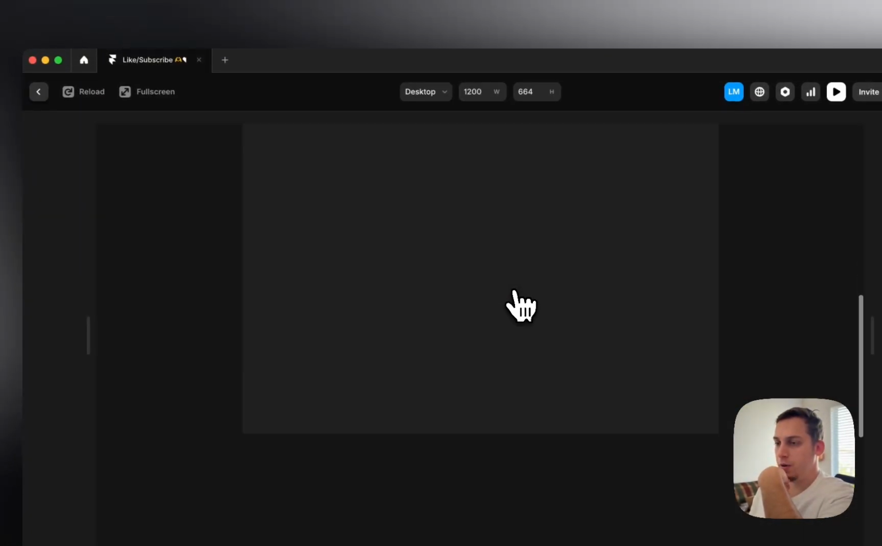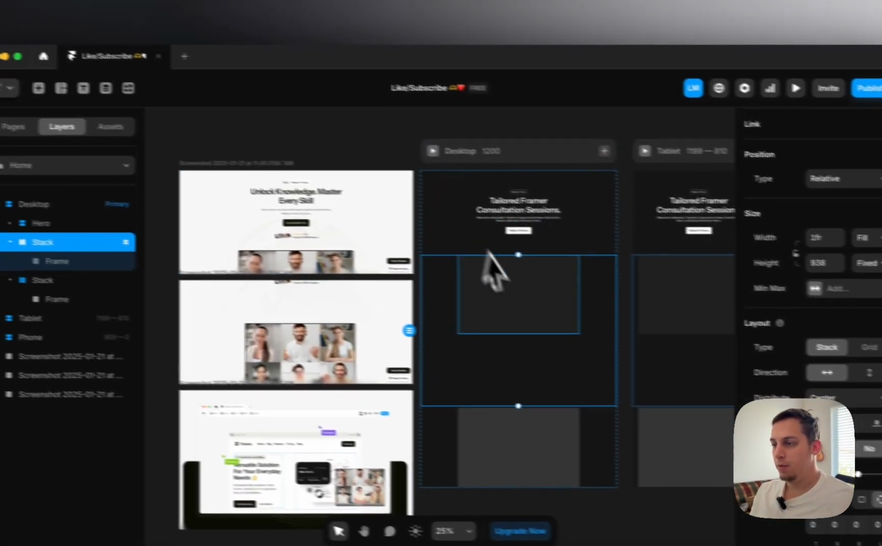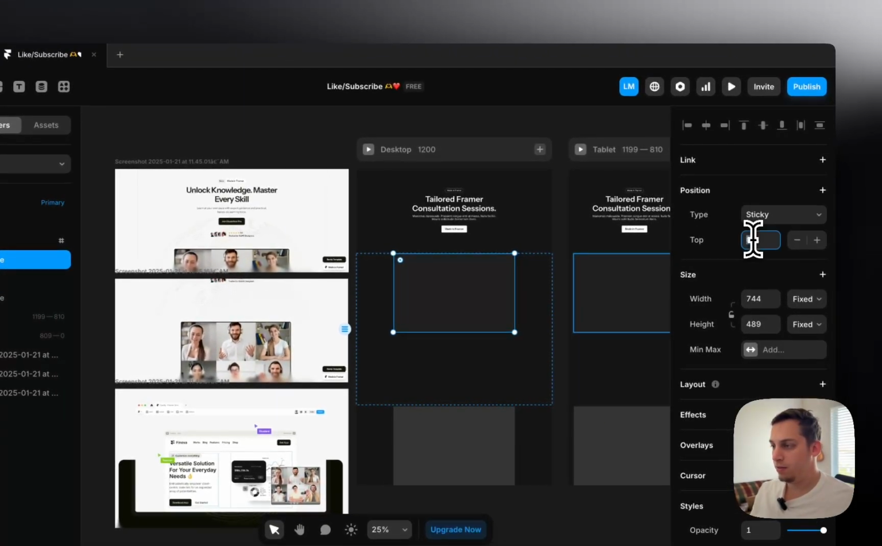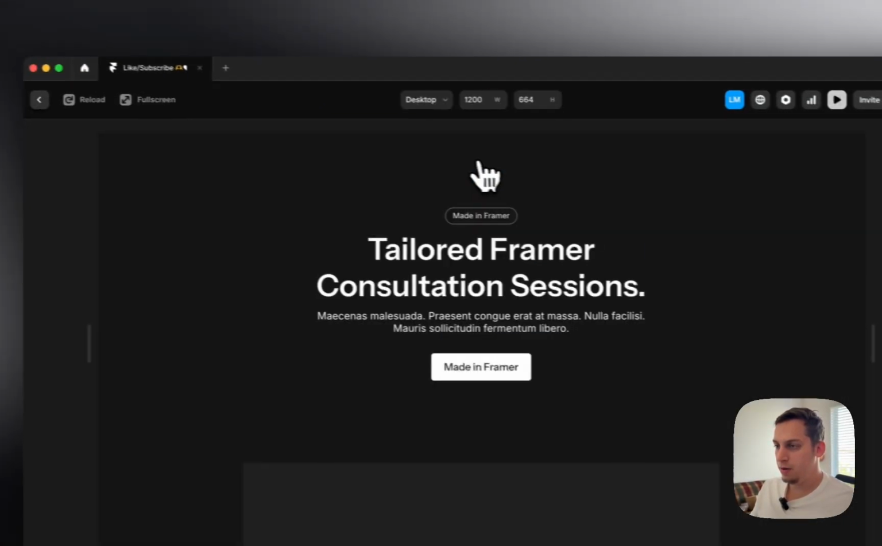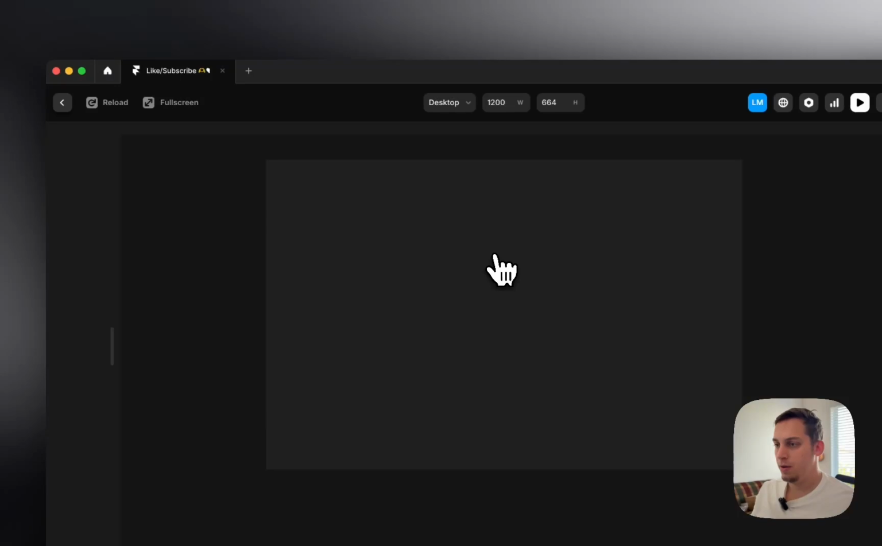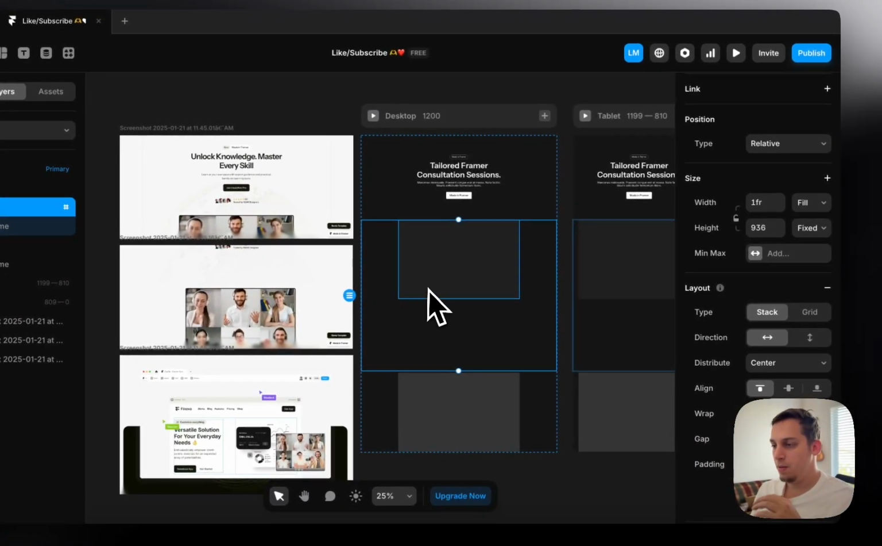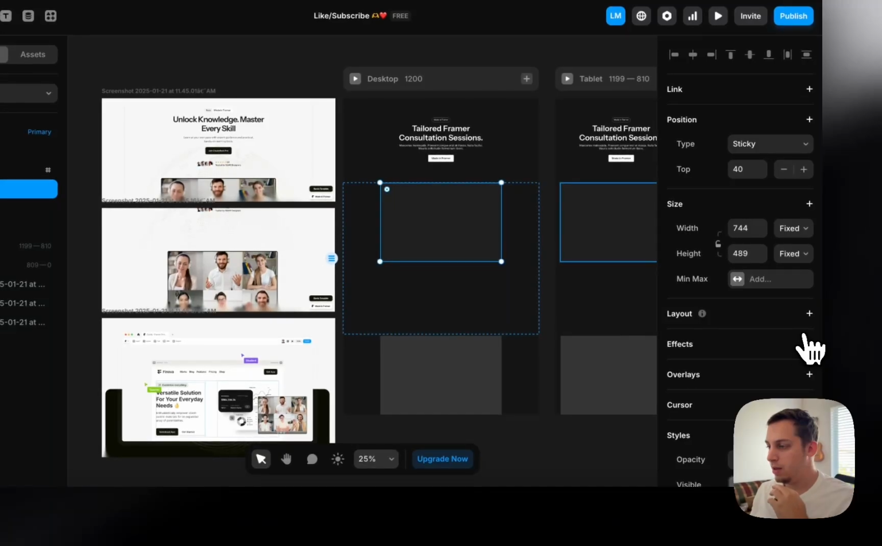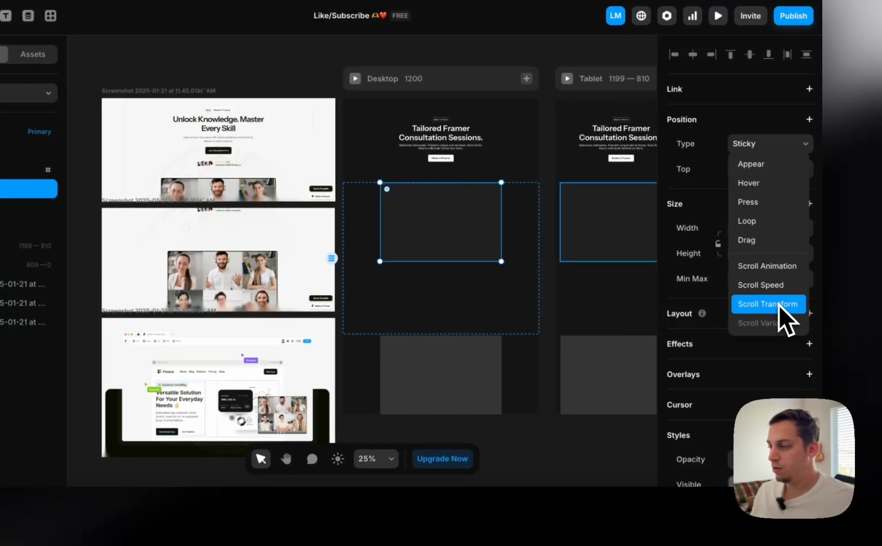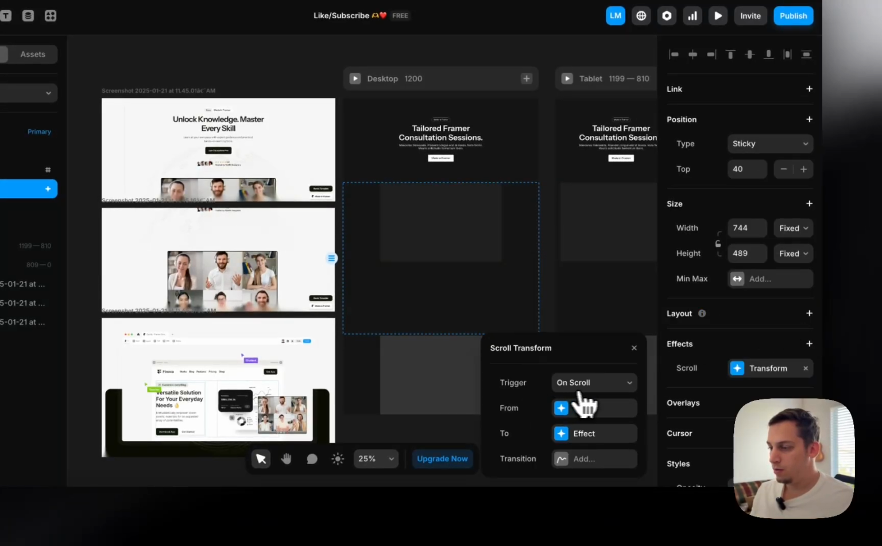So this is already working with the stickiness. We would probably have to set this to be a little bit lower, so it's not at the very top. You see how it's sticky like this? And then we do a type of effect, scroll transform. So on section in view,